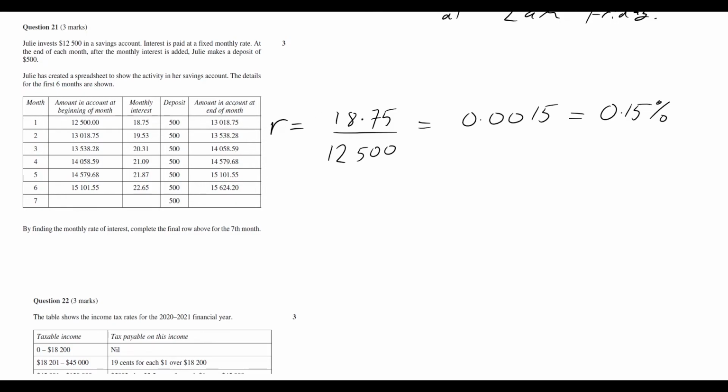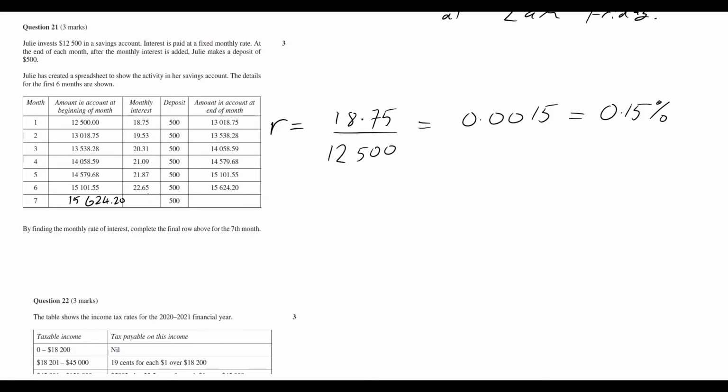All right, so what's the next step for us to complete? It just says complete the final row above for the 7th month. All right, so the amount in the account at the end of each month, bit of a tongue twister there, is going to be the amount in the account at the beginning of the next month. So down here, for row 7, we know that the amount in the account at the beginning of the month will be $15,